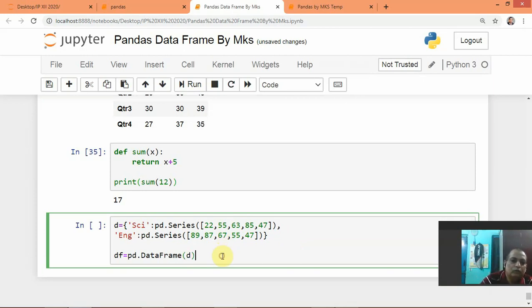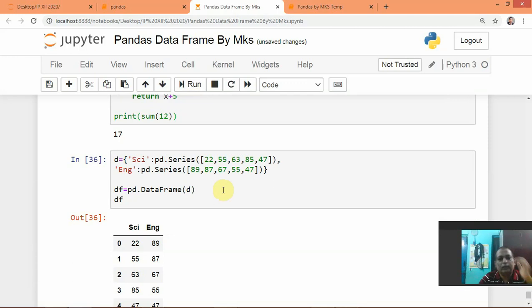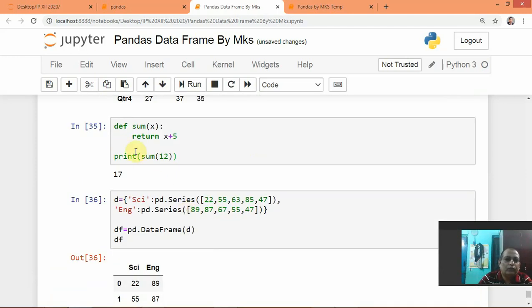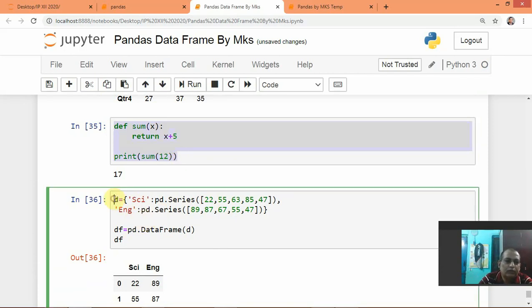So here df will be like this. Okay. Now we are going to use this function in this program. So this function I will copy and use here.